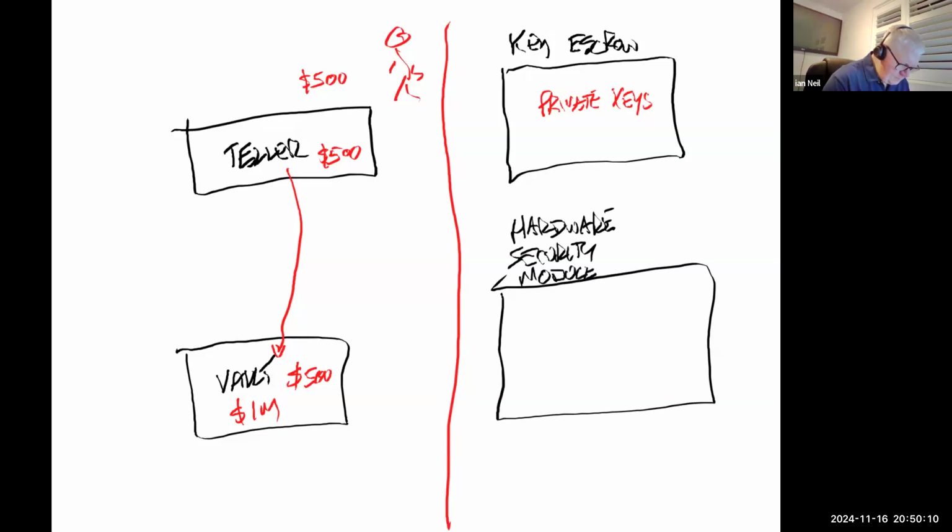And there you go. All the private keys are actually stored in the hardware security module. Now, this hardware security module could be built onto the server. You could also use something like an external hard drive for that as well. But the hardware security module is just to store the digital certificates. Any questions?